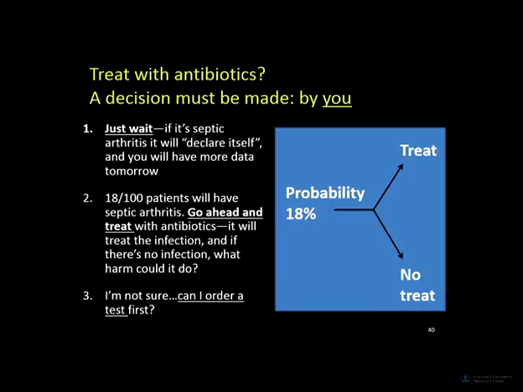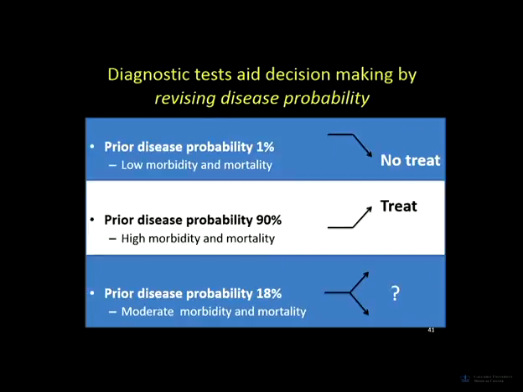Okay. So before moving on, reminder that we're starting with this probability of 18% that she has septic arthritis at the beginning. You're going to see later this is called our pre-test probability. That's what we know now. And now we want to know more because we're not ready to make a decision yet. So in terms of these decisions, some of them are easy and some of them are difficult. The difficult questions are the ones that require the diagnostic test to help you decide. So